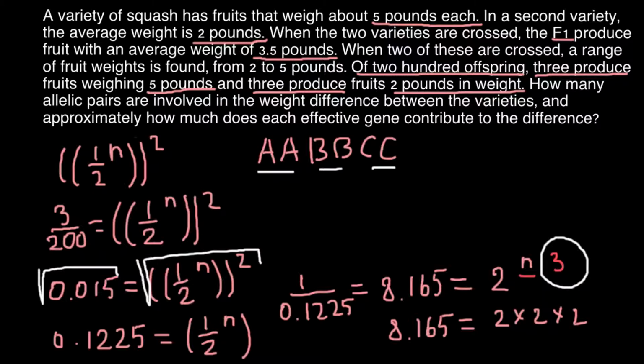And when we cross this parent with another parent whose genotype is small a, small a, small b, small b, and small c, small c,